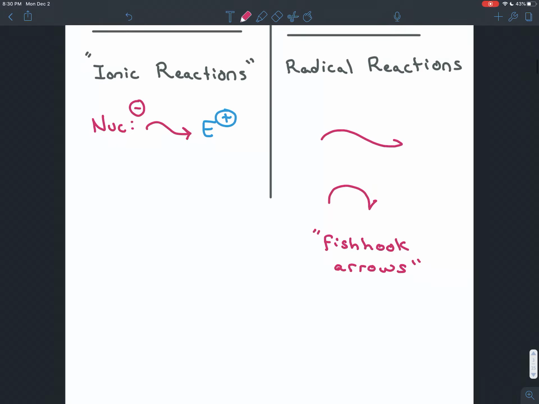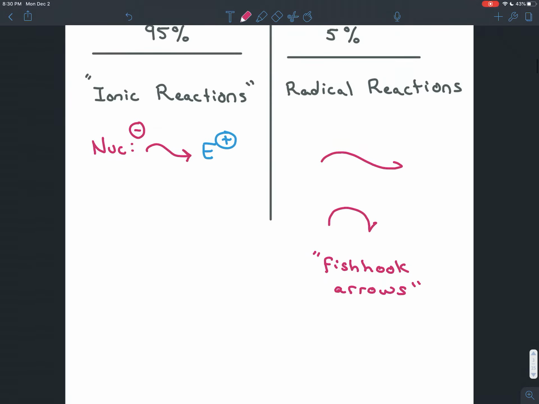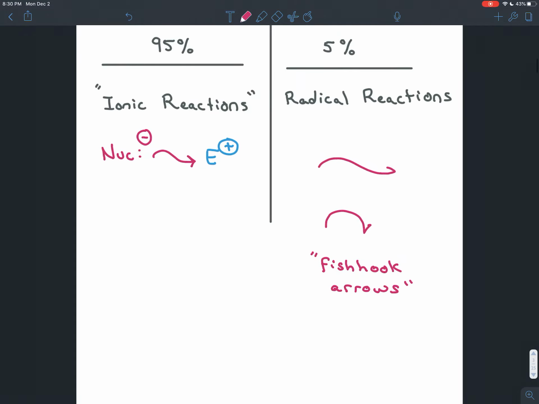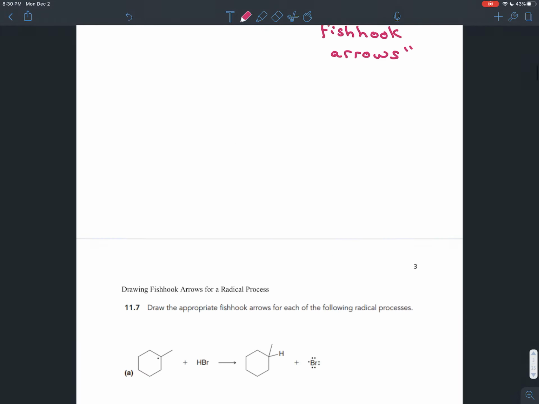The other big difference between radical reactions and ionic reactions is, in the case of ionic reactions, the curved arrows point at electrophiles, which are often atoms. In the case of radical reactions, these will form bonds. When you form a new bond, the curved arrows point to the space between the two atoms that are forming the new bond. I think this will be clearer as we apply it to specific reactions, so let's do that